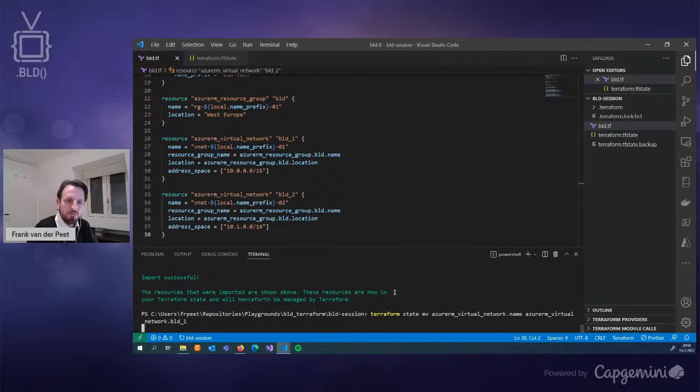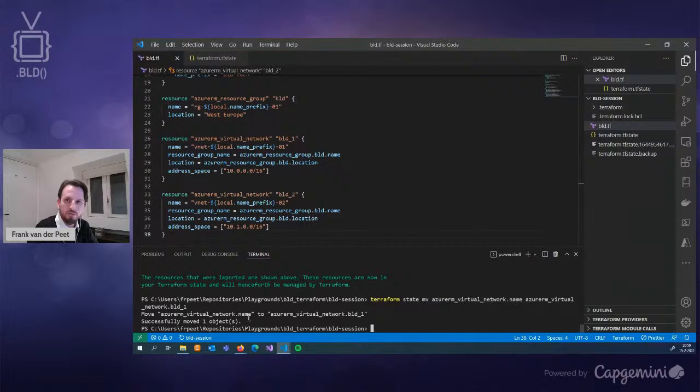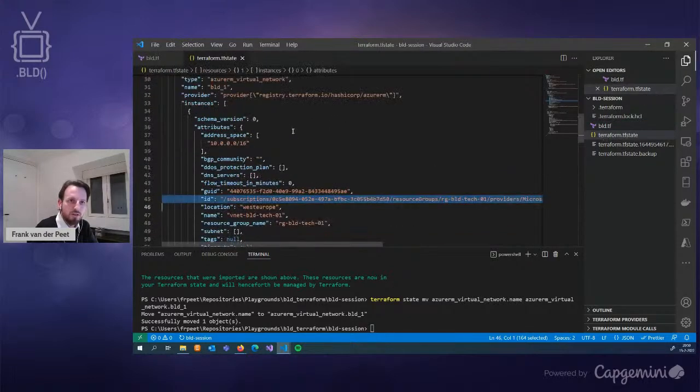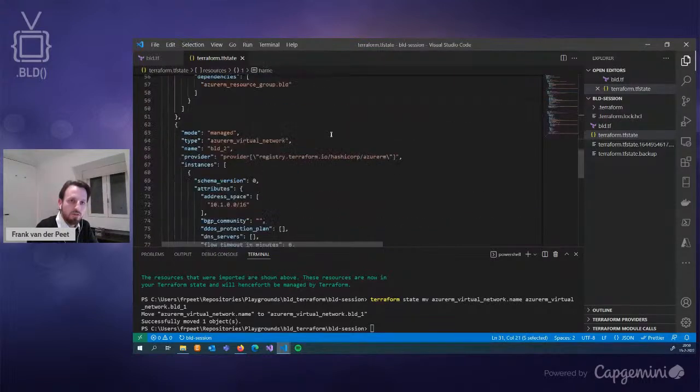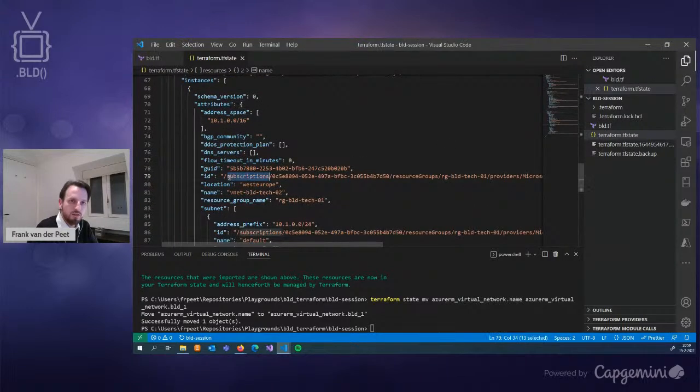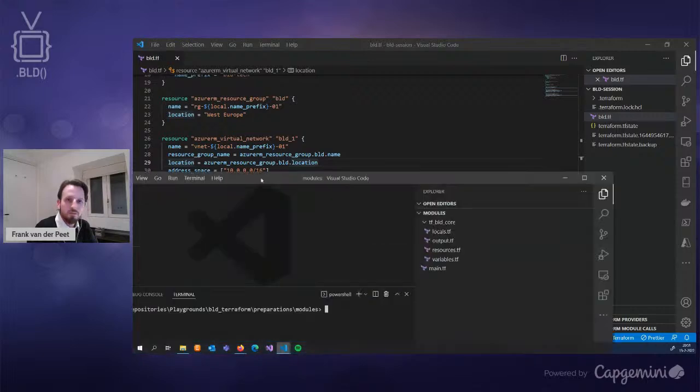Let's wait around for this one moment, because then I can show you in the state file that things have changed. Yeah, successfully moved, great. So going to the state file, we should now see that the virtual network is now build 1, and the other virtual network is now build 2 and is supplied here with the correct identifier. So that's great. Now, for our final part of the session,